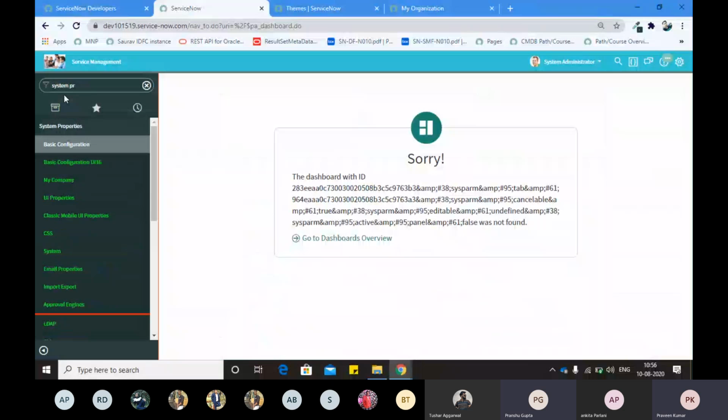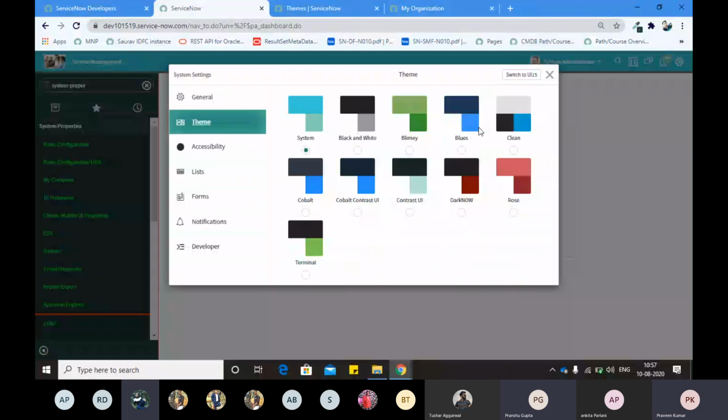Sir, in themes, we are able to see the different colors which we can apply to our instance. Yes, now these are here. I think there was some delay in the network. That's why we were not able to see them. So now here you can see in the themes part, basic themes. These are the basic themes which are pre-ready, already available in the ServiceNow instance.